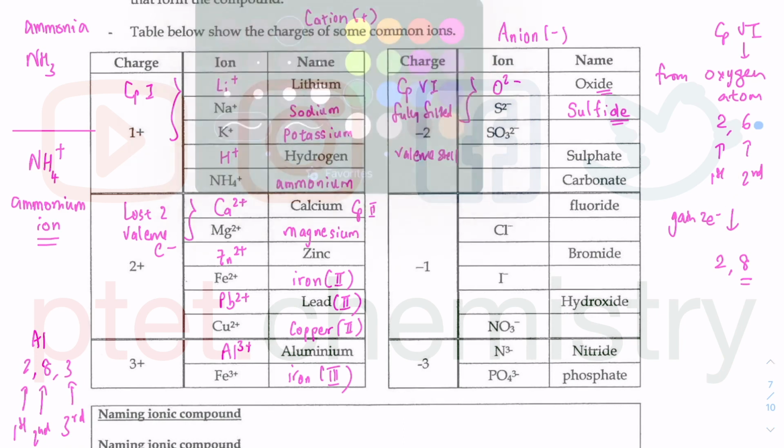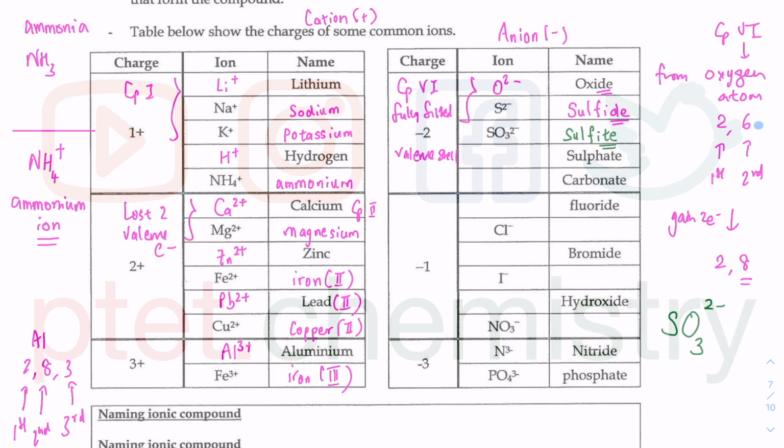This next one is a very, very tricky one. If you can't read it properly, it's actually S-O and then 3 at the bottom, 2 minus is the charge. So let me just write it out very clearly: SO3, 2 minus is the charge. The name is called sulfite,